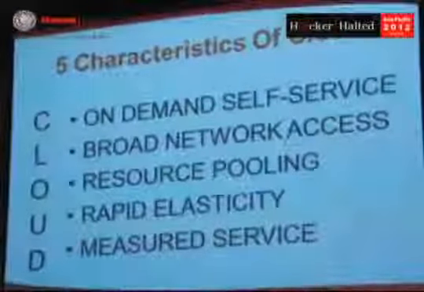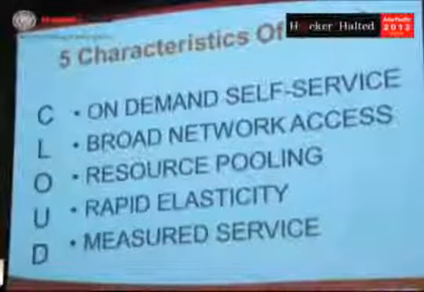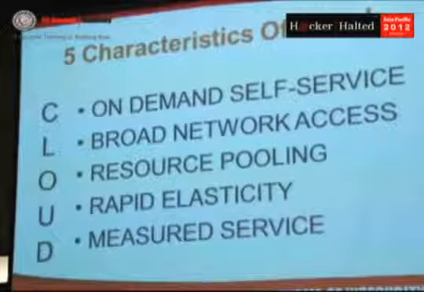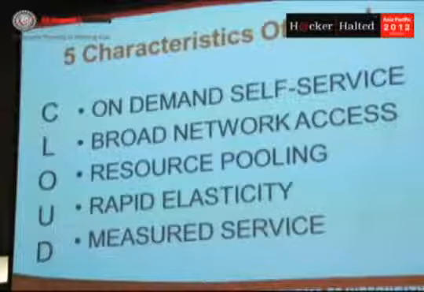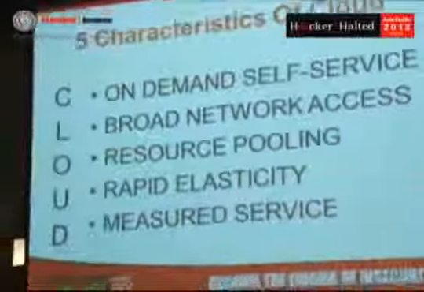So let me tell you about the 5 characteristics of the cloud. First of all, it has to be on demand. It has to be self-service. This is both the nightmare of the CIO or CTO and the wonderful thing, because we can now just swipe a credit card and we have our services. What did we have to do before? We had to fill out the forms, provision a machine, load the operating system. Now, click a button, fill the credit card out. If you guys aren't going to play ball, I'm just going to do it myself in my own IT department because I have the budget.